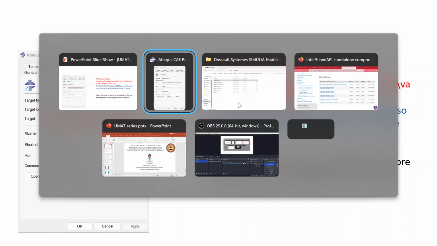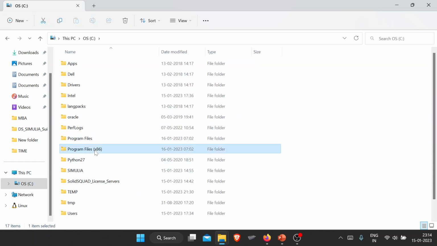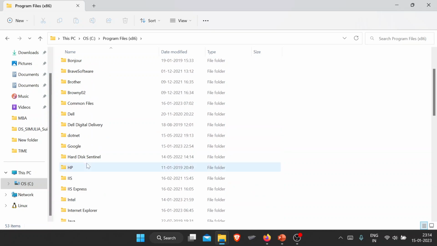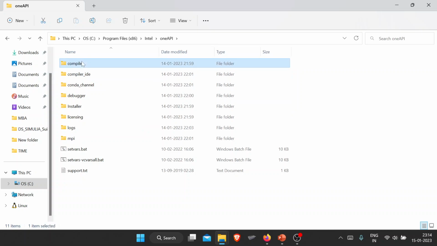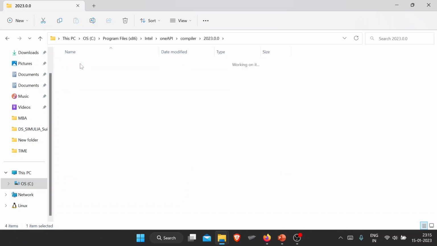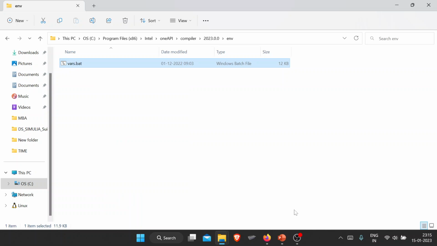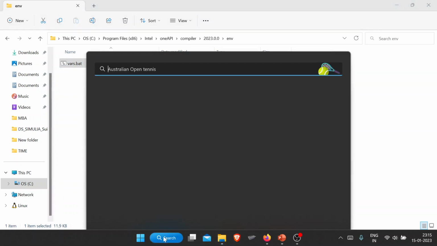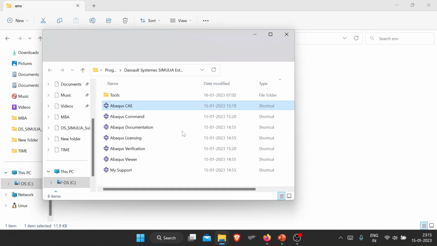So how to get this is, as I have mentioned before, you can go to the C drive, go to Program Files (x86), and then go to the Intel, go to the oneAPI, compiler, 2023, environment, and vars.bat. So you have this file, right click this, you can have the copy as path. Okay. So once I have done this, again I'm going to go to ABAQUS CAE, right click, open file location,